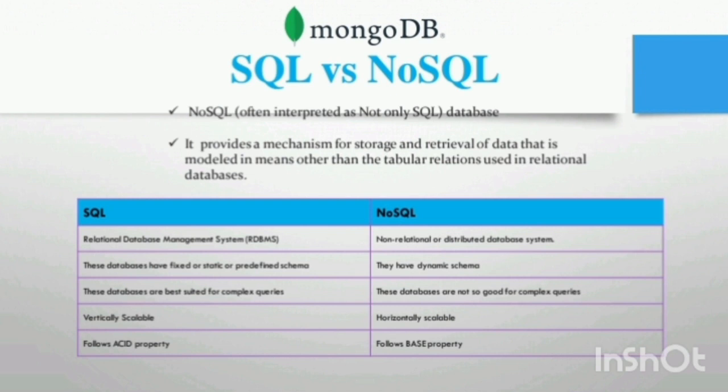Choose NoSQL if your application requires horizontal scalability and can benefit from distributed, fault-tolerant systems, your data is unstructured, semi-structured, or rapidly evolving, and you prioritize high availability and can tolerate eventual consistency. It's important to note that the choice between SQL and NoSQL depends on the specific requirements and characteristics of the